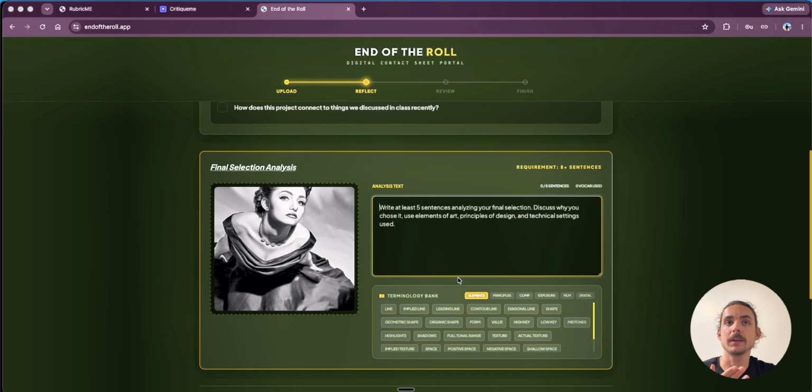Here's where there's another really cool feature that I've embedded into this, which is the analysis tool. So you can see it says write at least 5 sentences analyzing your final selection, discuss why you chose it, use elements of art, principles of design, and any technical settings used. So here's where you're going to start talking about like